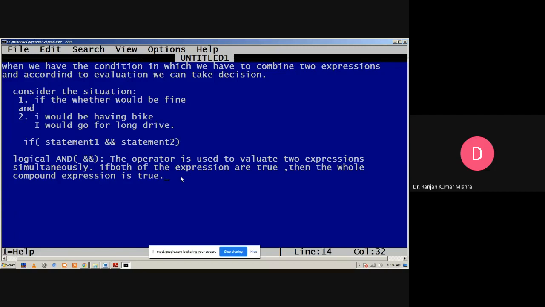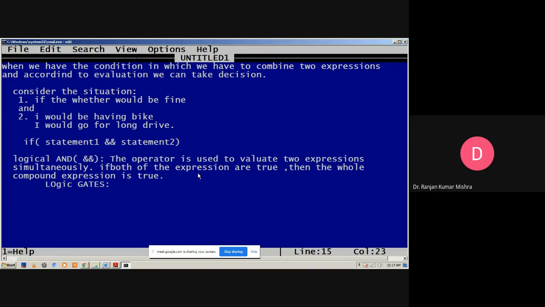This also works like the logic gates we always study. In the case of the logical AND gate, both conditions must be true, then our output will be true.